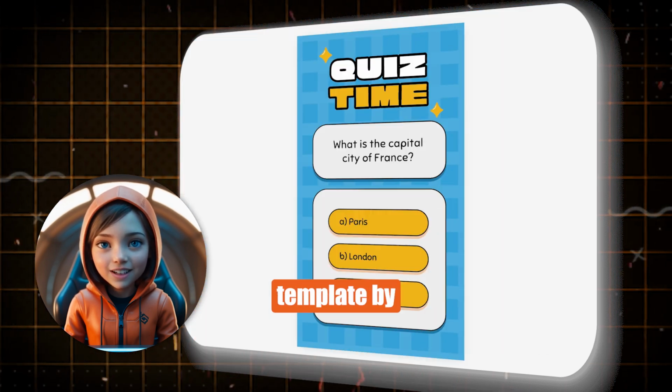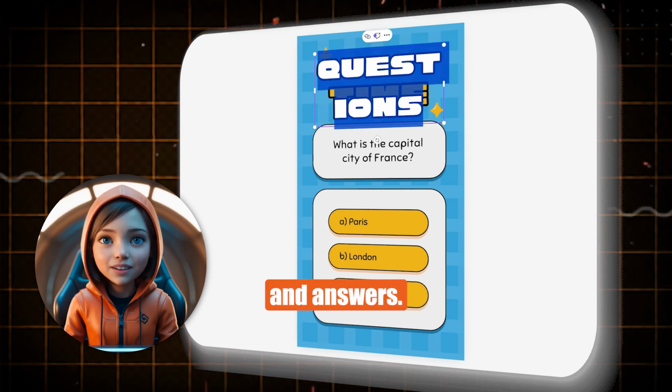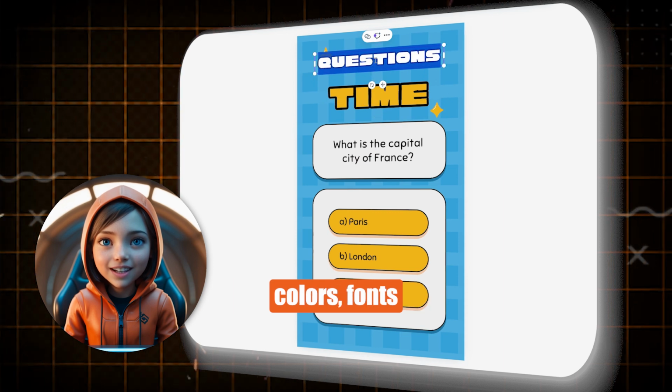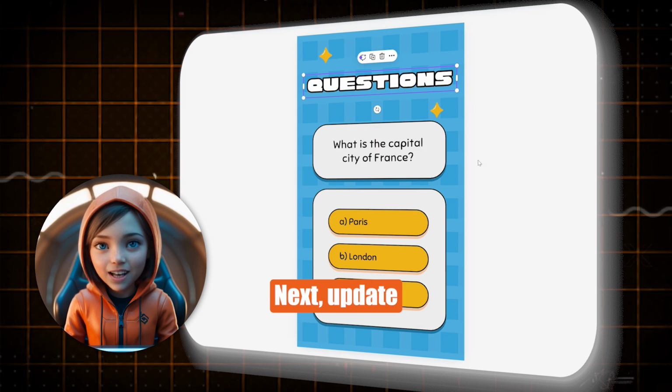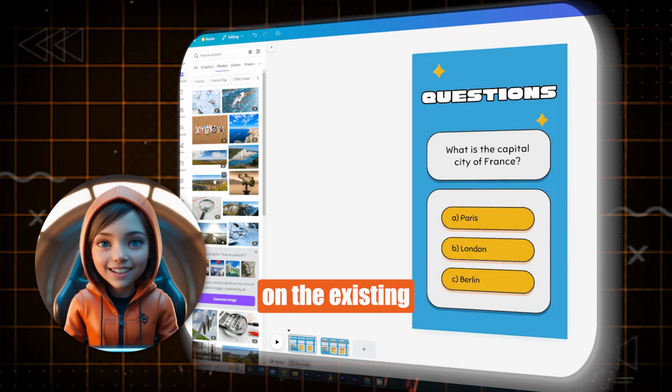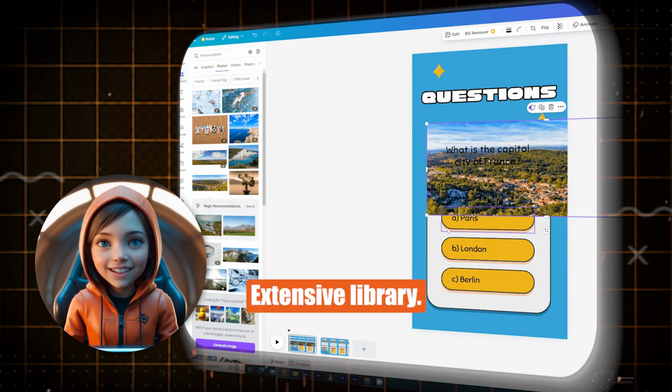Customize your chosen template by editing the text. Double-click text boxes to modify questions and answers. You can also adjust colors, fonts, and sizes to match your theme. Next, update the background. Click on the existing background picture, delete it, and add a new image from Canva's extensive